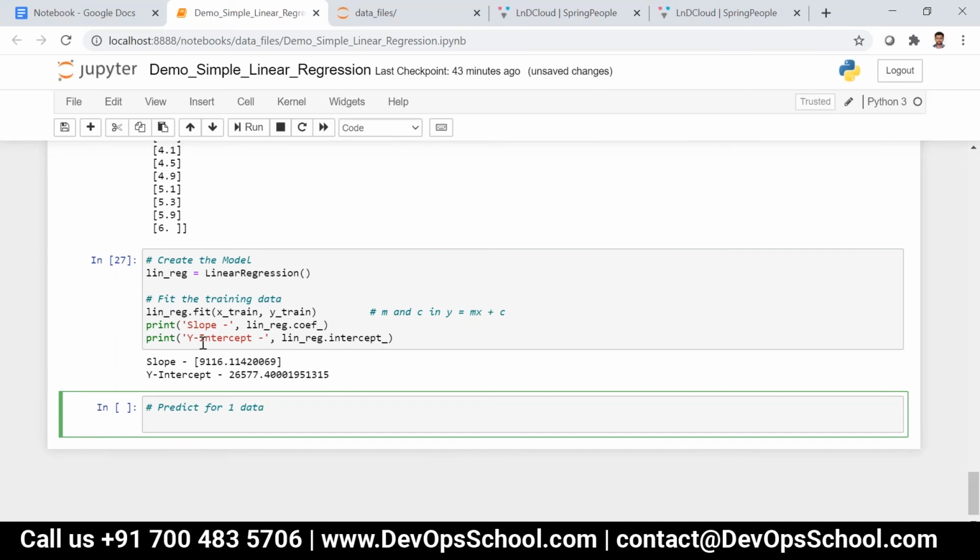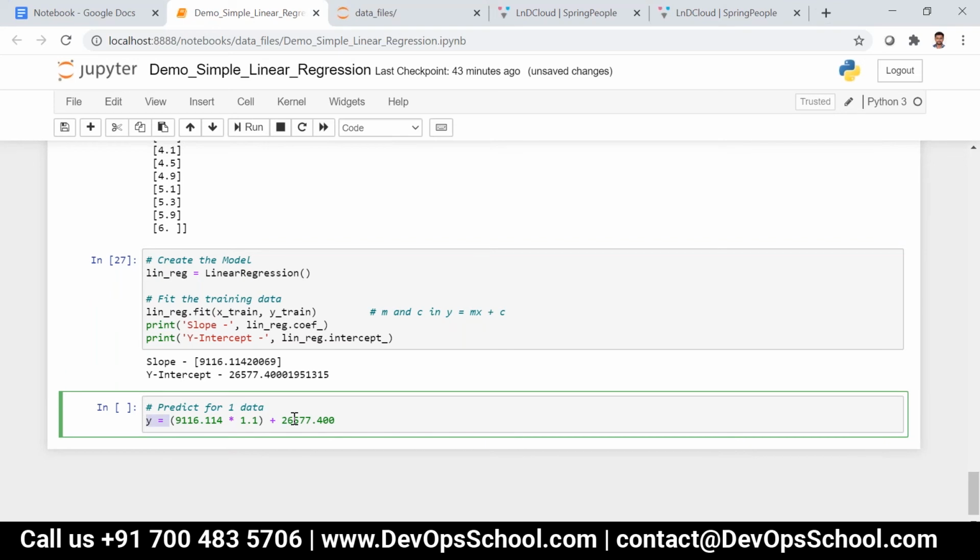Let's say y for 1.1 is equal to slope 9116 into x, which is 1.1, plus the intercept, 26,577.400.